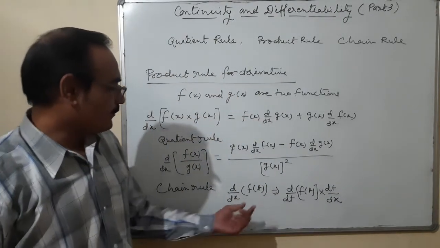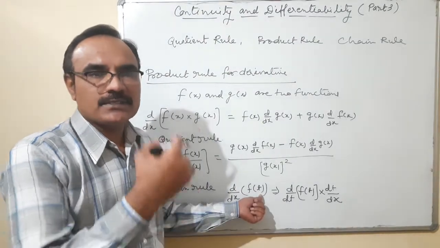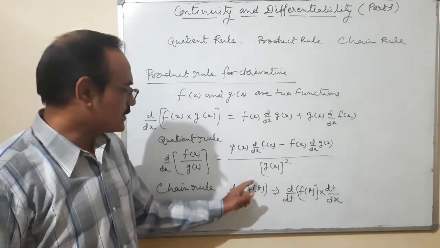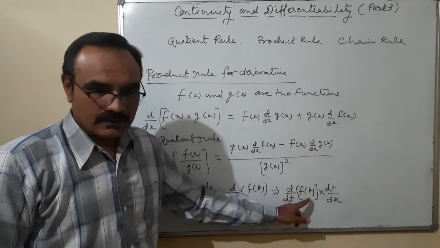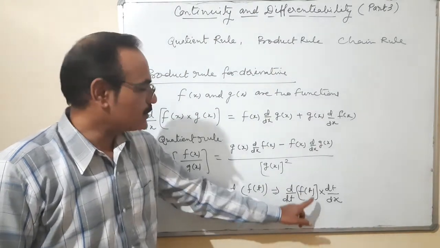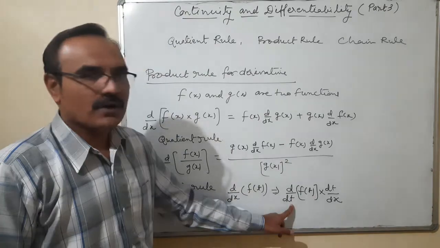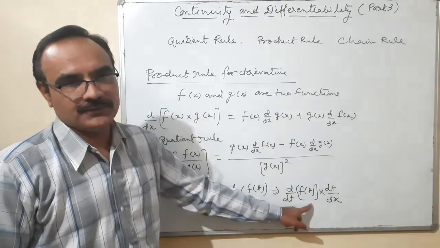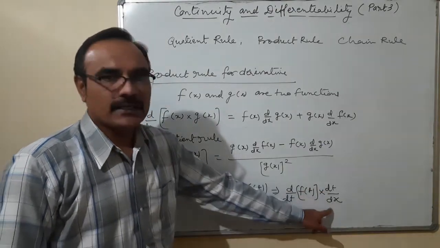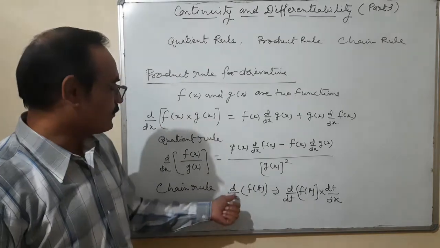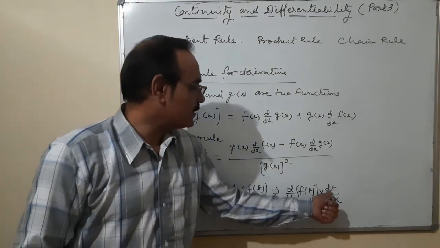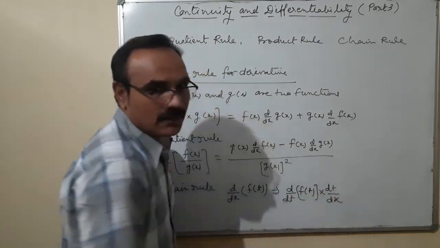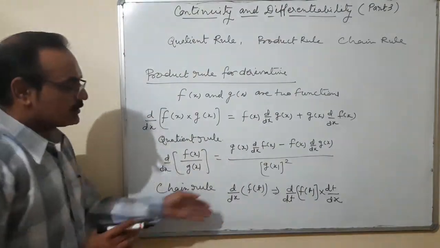Have you understood this concept? Suppose the function is in terms of t, that means in terms of another variable, and we are going to differentiate this function with respect to x. So first of all, we have to write here dy by dt, differentiation of the same term. If t is here, so t is here. If here is a u, so dy by du f(u) into dt by dx. Because finally we want to find the differentiation with respect to x. So the last term will be dy by dt into dt by dx. And this value of t will be replaced in terms of x, and we'll have to differentiate both the terms. So this is called chain rule.